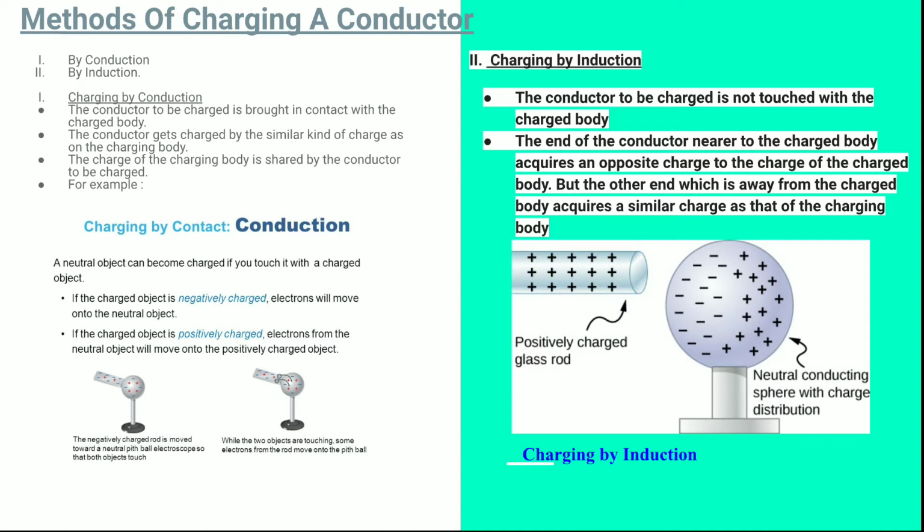That is, the charge of the charging body is shared with the conductor which is being charged. So this is the example. You can see from the picture that this body is negatively charged. The charged body, the conductor from which we are charging, is negatively charged, and the substance which is brought near it